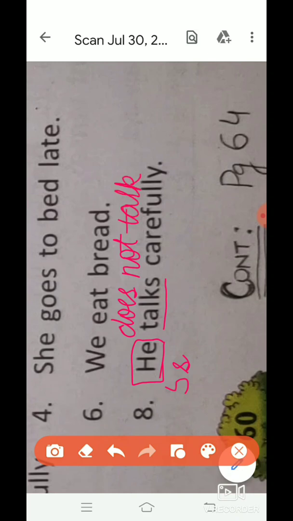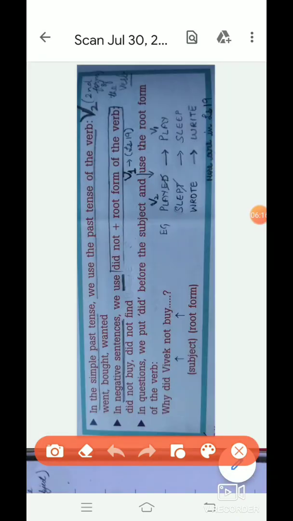I hope you got this children, and as I told you, some topics are better learnt when they are learnt in comparison. So we will be taking up page number 64, which is about negative sentences in simple past tense. Let's focus on the second point here. In negative sentences, this is children, simple past tense. Okay, so this is simple past tense. It's not mentioned there because the picture of the page has been taken like this, but this is the negative of simple past tense.